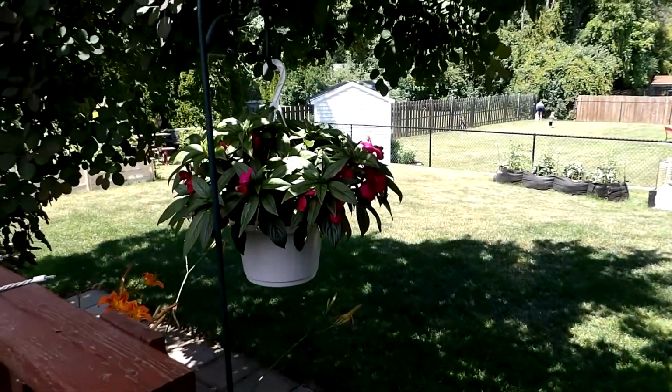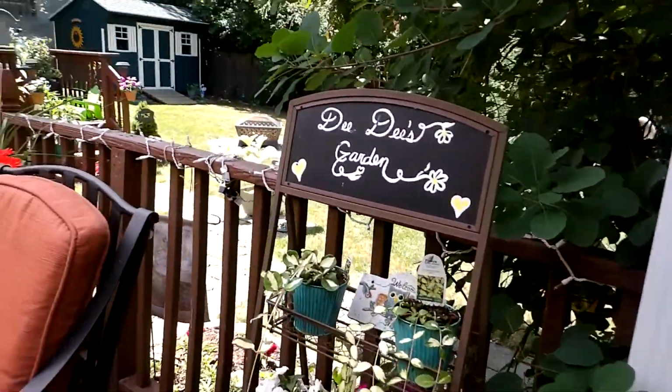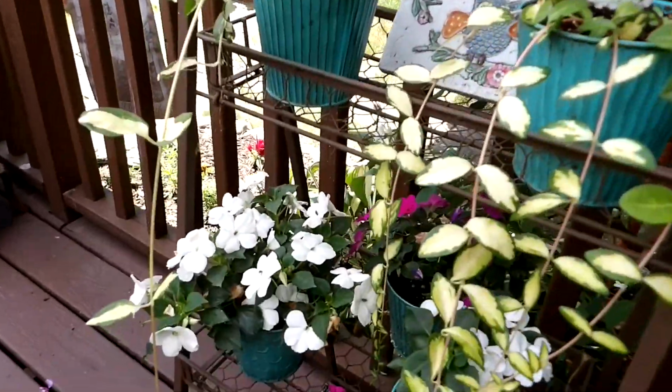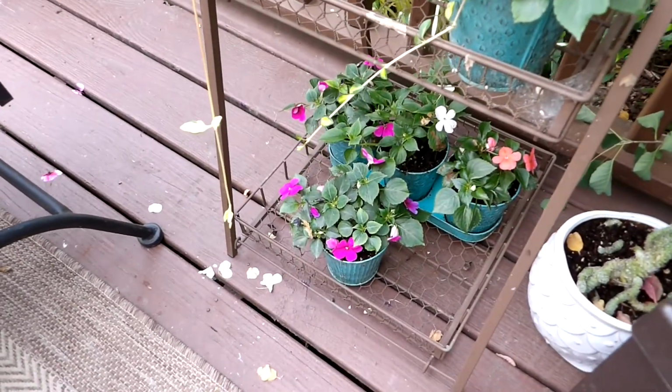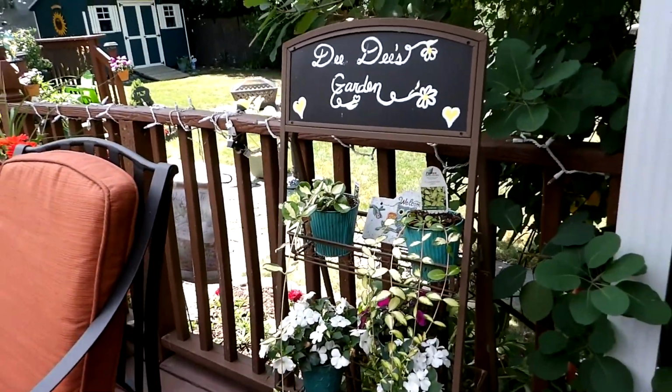We've got hanging basket, and then Dee Dee's garden. I planted some draping vines and some flowers that go really well in the shade, just to add some beauty to the deck. I am in the shade of this gorgeous purple maple. I don't know what it is. The leaves underneath are green where they don't get the sun, but where it does hit the sun, it's like a purpley red color. I thought it was a miniature tree, Japanese maple when we moved in, but it is